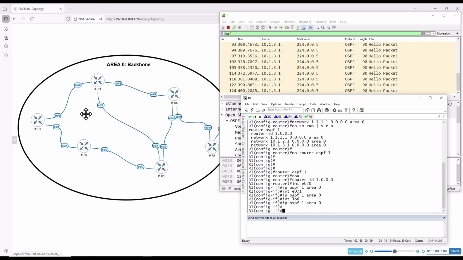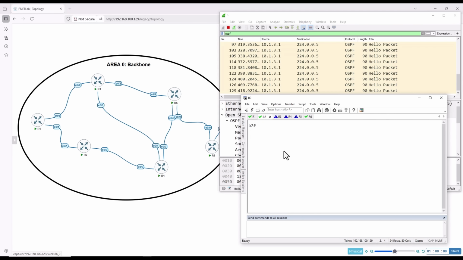Let's just go for some more messages. We have seen OSPF hello packets, but I want to see some more packet types in here. So let's go to router 2 and do the configuration of router 2. I'm just going to select this type of configuration again. So let's go to router 2, router OSPF, whatever number you want. I'm just going to say router ID is going to be super deterministic, so that's 2.2.2.2, hit enter,